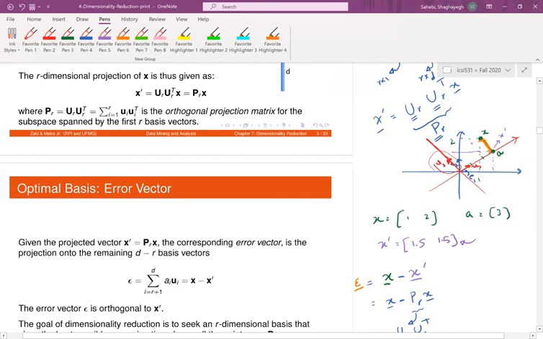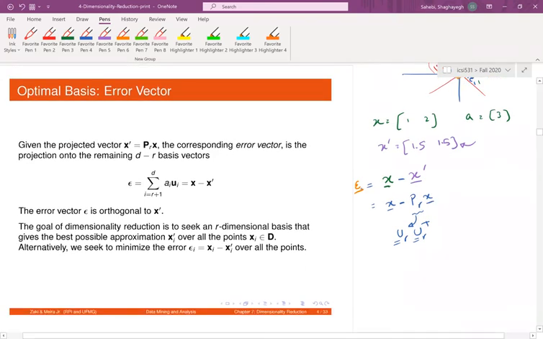So it's basically as if I am losing this orange vector here, this error vector, which is exactly equal to the projection of my x onto direction u2, right? This is the error that I'm having. This is the information that I'm losing by ignoring u2 and just projecting onto direction u1. So in other words, my error vector is equal to the summation of the coordinates that I would have received if I projected onto directions or dimensions from r plus 1 to d,